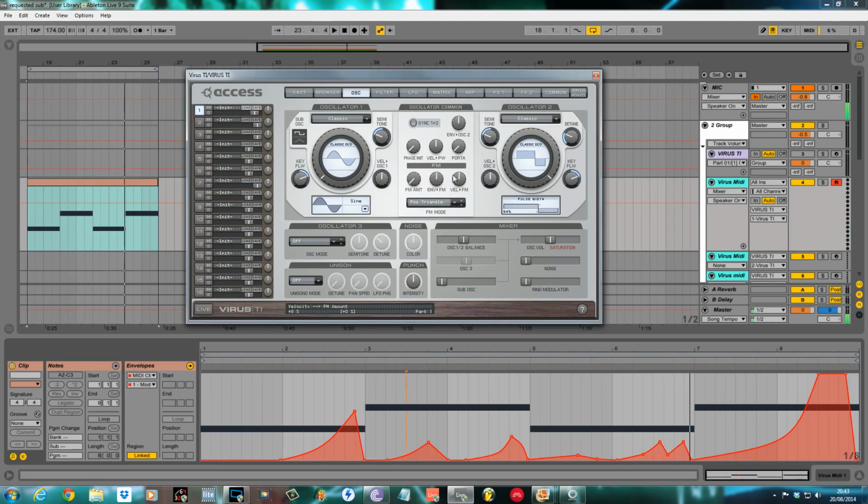I used a bit of FM between these two oscillators just to grit it up a little bit as well. I use a wave shaper. And I changed the FM to 33.6. As close to a third as you can get. It's a real sweet spot within the Virus. It makes everything sound a lot better. So with the FM,